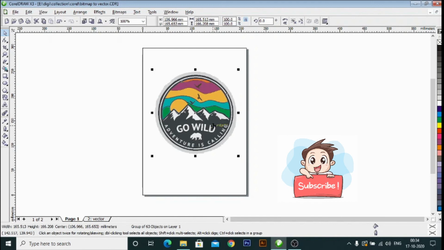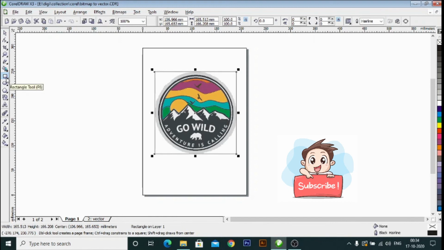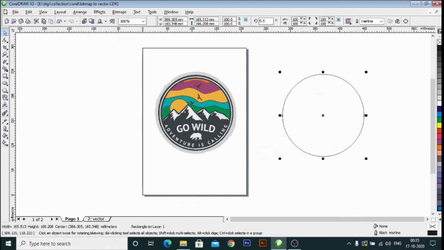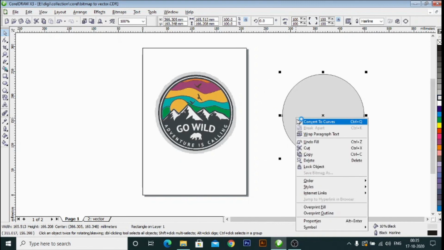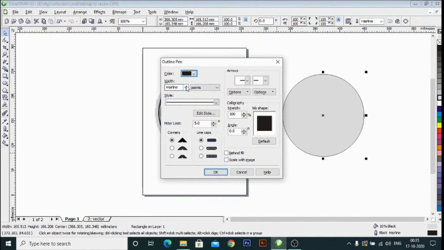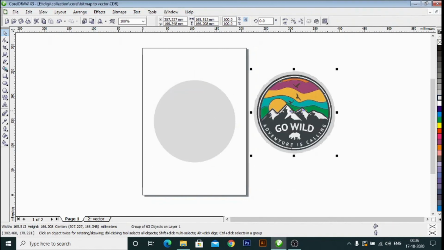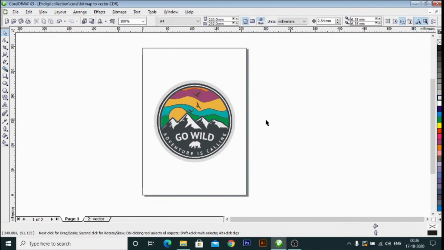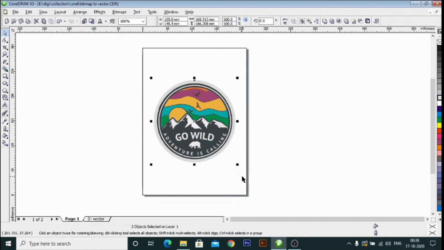Select the image, click two times on the rectangle tool with the Shift key to make a rectangle the same size as your image, select the shape tool, fill the color of this image, group the image again.